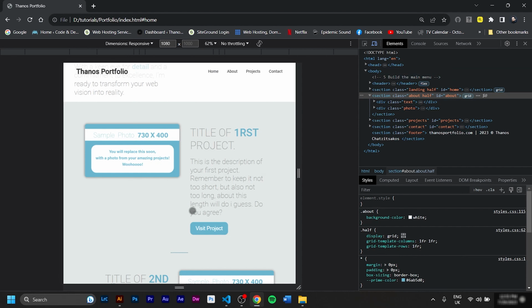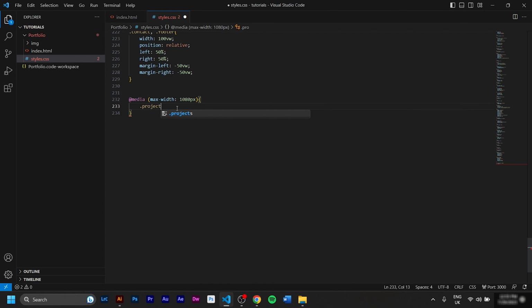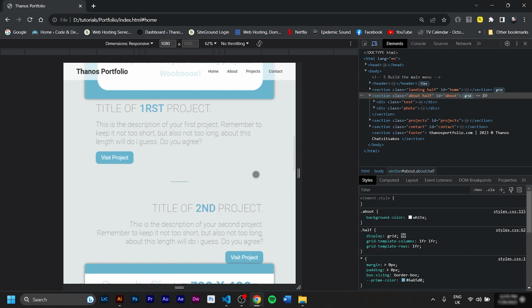So the thing I want to undo is this. You remember we put these things next to each other by using the half, so I'm going to target dot projects dot half to break these divs apart. So I go inside my media query, I say dot projects dot half. So I only target the half classes of the projects specifically. If you remember, the half class was display column. So now I'm gonna give it a display flex and flex direction column. Save it, refresh. So this looks better to me.